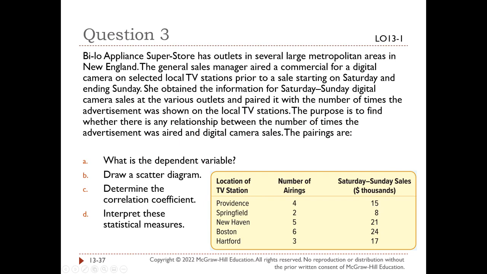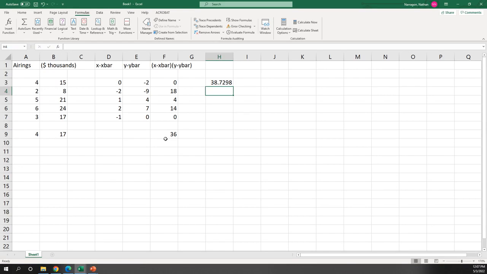All right, so back to Excel. So we have 36. And this is going to be our correlation coefficient. So we're going to put it out here. Correlation coefficient, or R. Oh, I like how I did that. R is going to equal to